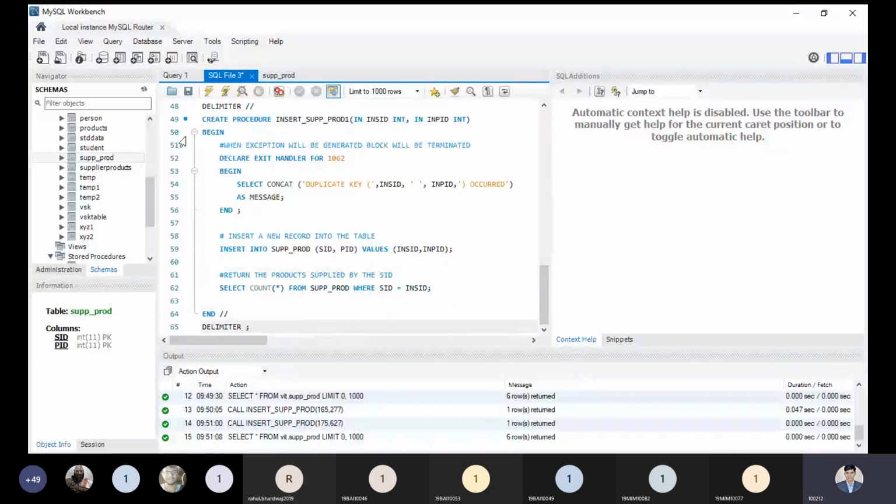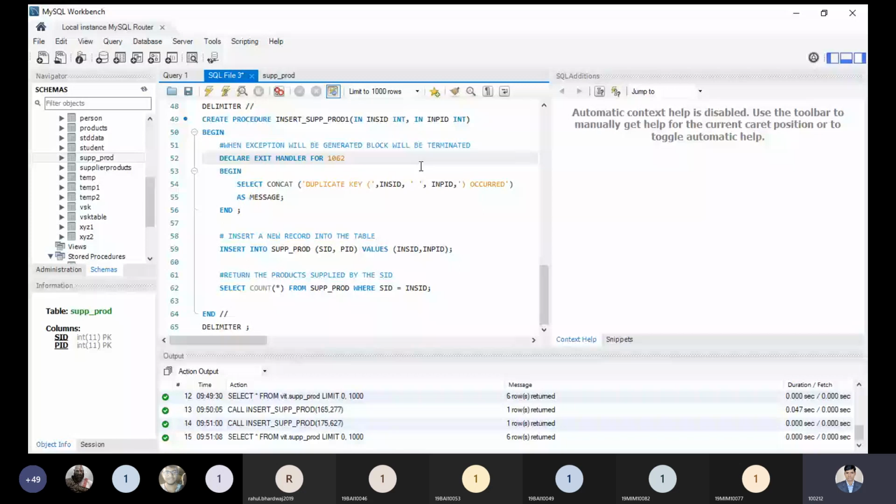Now I'm creating another procedure, insert supply production 1 and insert. I'm keeping the same thing, and begin. Here I'm declaring multiple exceptions. Now see, declare exit handler for 1062, and you do not need to create any special begin or end section for defining the exception.